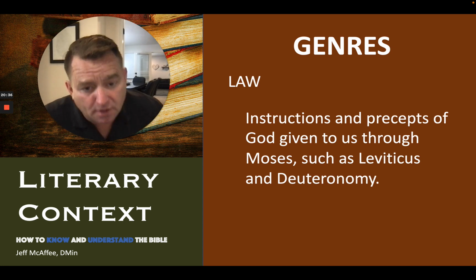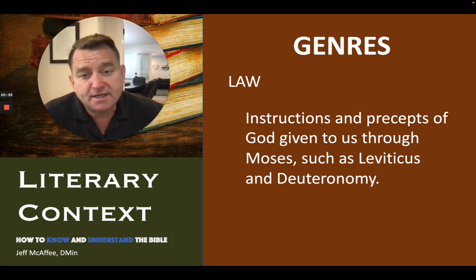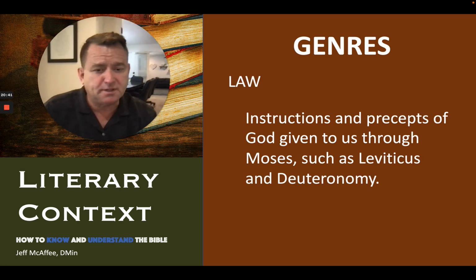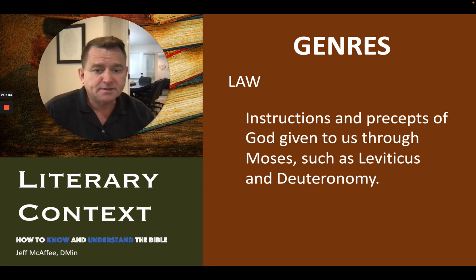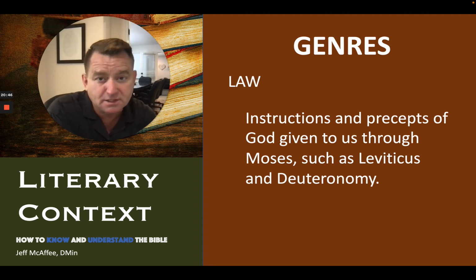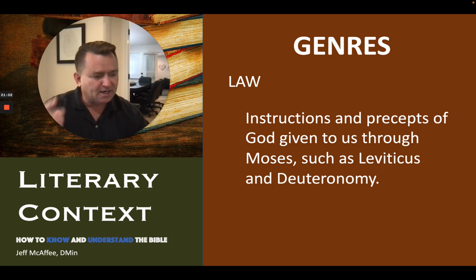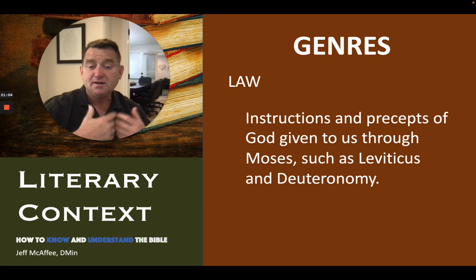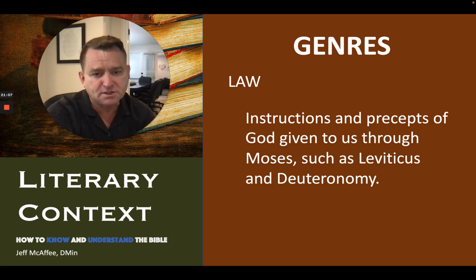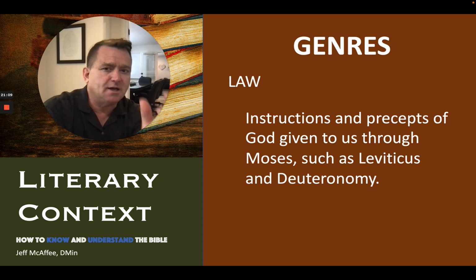Cool stuff. Deuteronomy is a second giving of the law. That's what that word means. Deutero is second, and nomos is law. That means it was a second giving of the law. When you read through the book of Deuteronomy, they're getting ready to cross over into the promised land, and Moses calls everybody together, and he says, before you guys cross over, let's just rehash what God has given to us. And it's literally the second giving of the law. So that's a very specific type of genre.